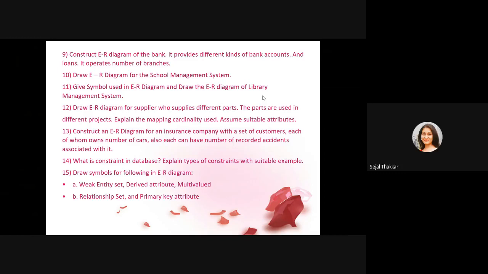Now I'm going to end today's lecture. If you have any query, you can WhatsApp me, or you can try an EER diagram for now. If possible, you can add some generalization, specialization if you are comfortable. If you are not comfortable, then it is okay. You can draw a simple diagram, no issue. If anything is remaining from this, you can draw and send it to me.